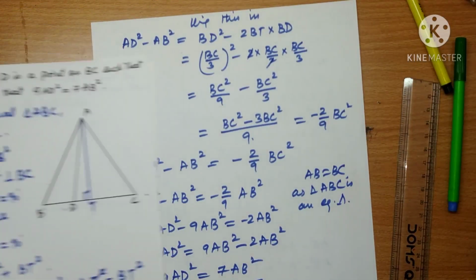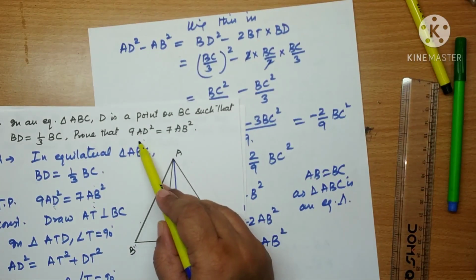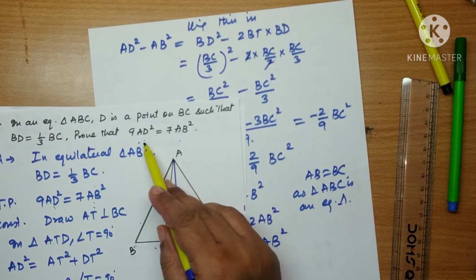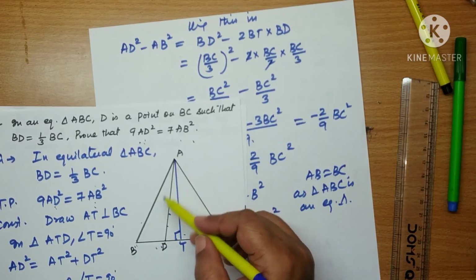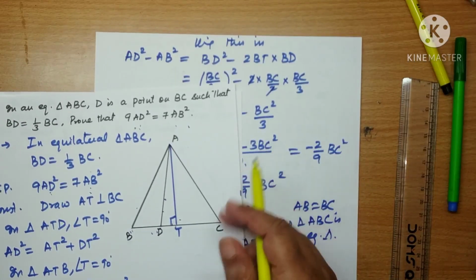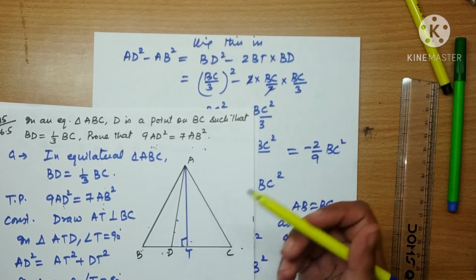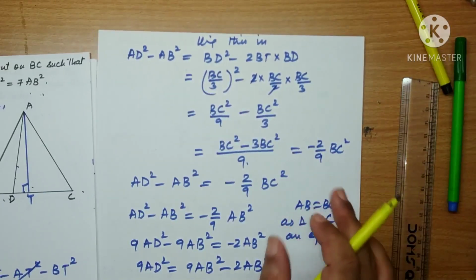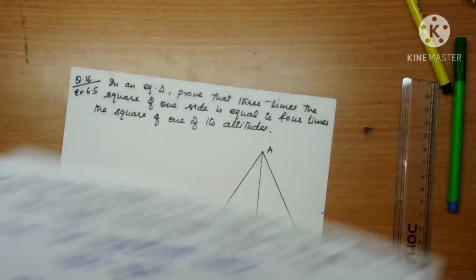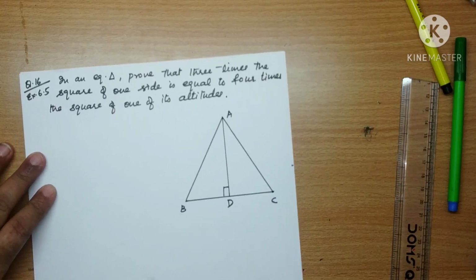So just keep in mind that always write the relation, find out the hypotenuses in the relation which is to be proved, and then identify what we need to do, whether we need to subtract those hypotenuses or add them together or whatever. And then it's simple simplification in these questions. Next question, 16th question, children. In triangle, again it's an equilateral triangle.